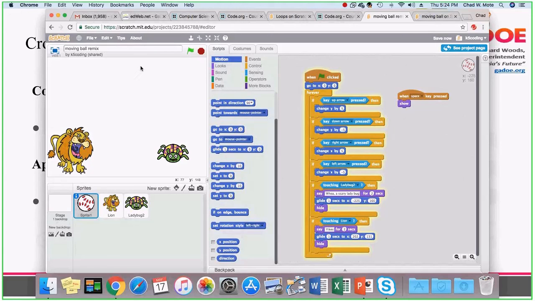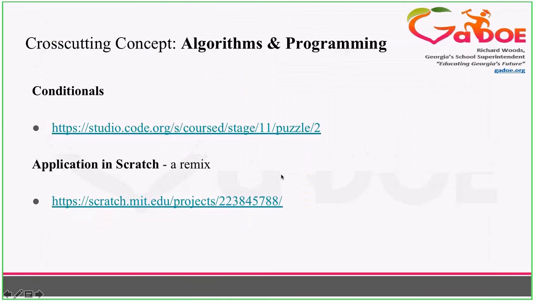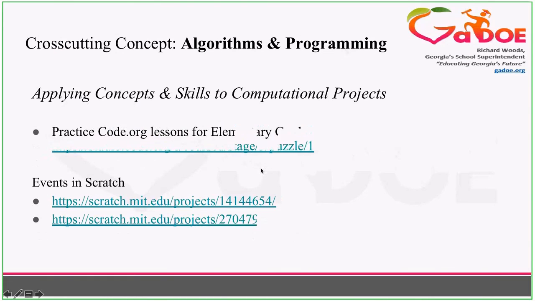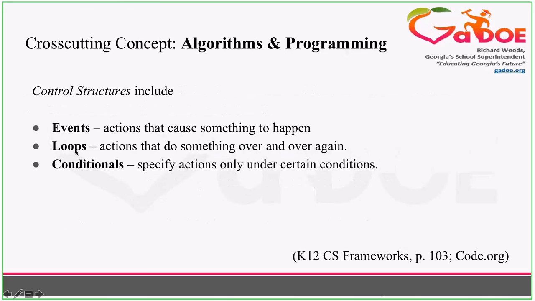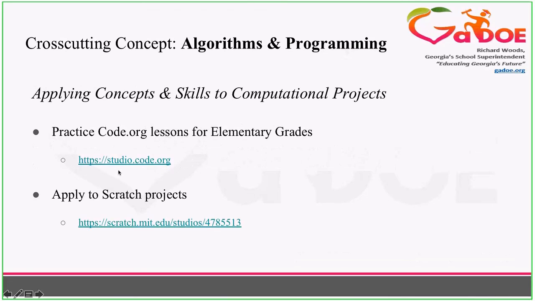Okay. So those are some applications of events, loops, and conditionals using the code.org lessons and then applying that to Scratch projects. In these examples, I just replicated or tried to replicate what was happening in the code.org lessons. So you're giving your students some parameters for creating a particular project. We know with project-based learning that students gain a sense of control in what they're creating,